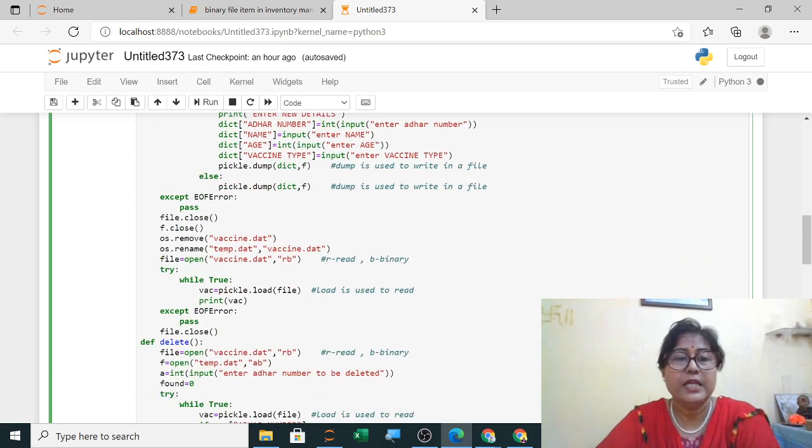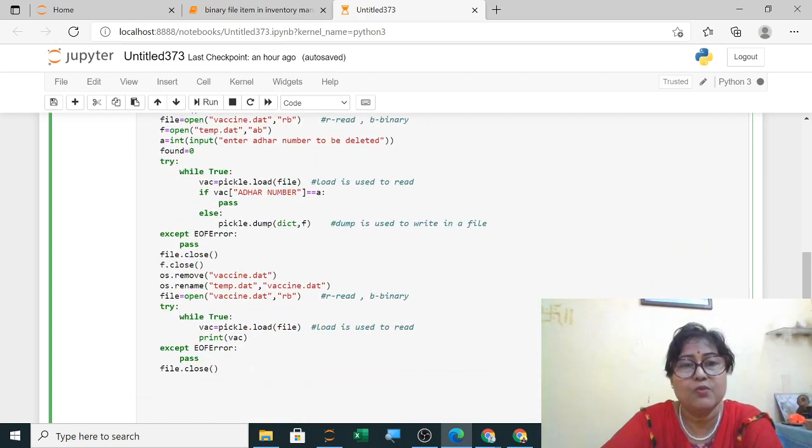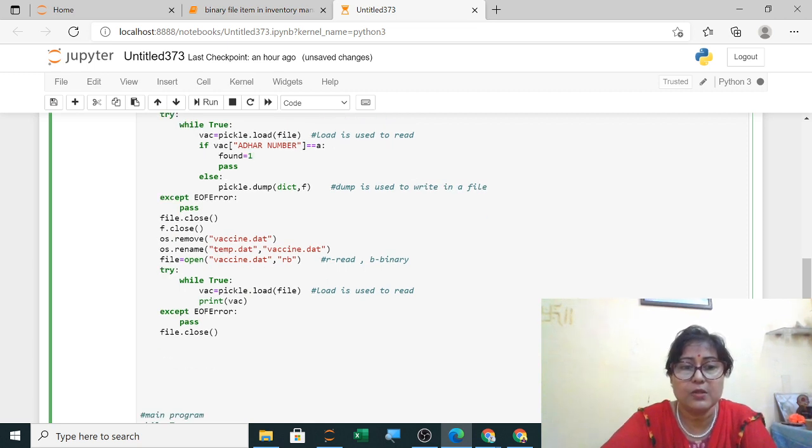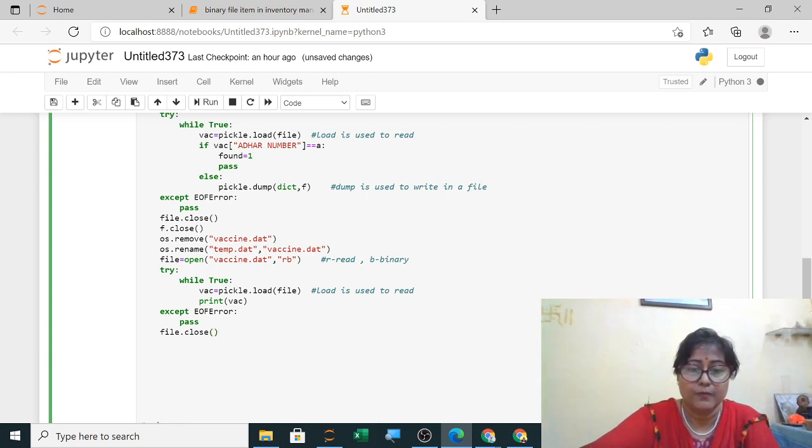Clear? So here also same thing, if found equals to 1, if you are writing here, then you will write found equals to 1. If you are writing, you will check here, if found equals to 0, then no records has been deleted. So after the close also you can write here, if found equals to 0, then no records has been deleted.